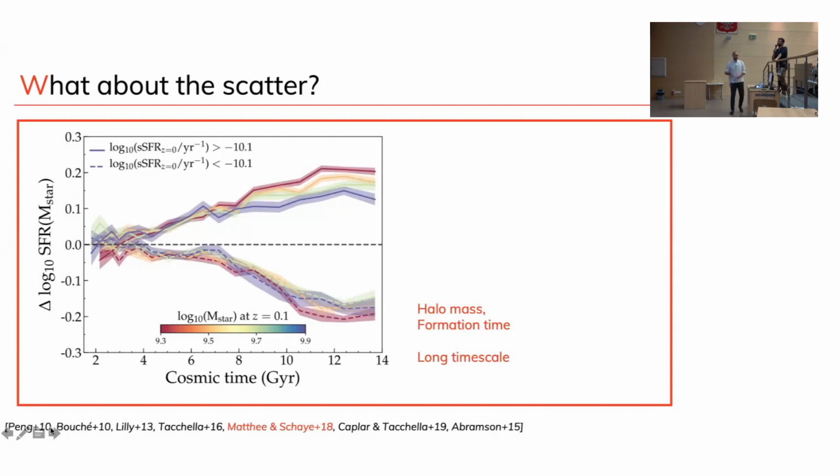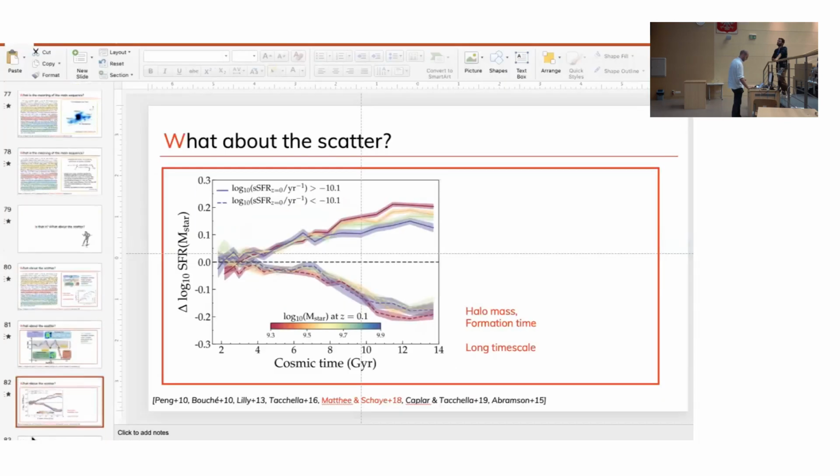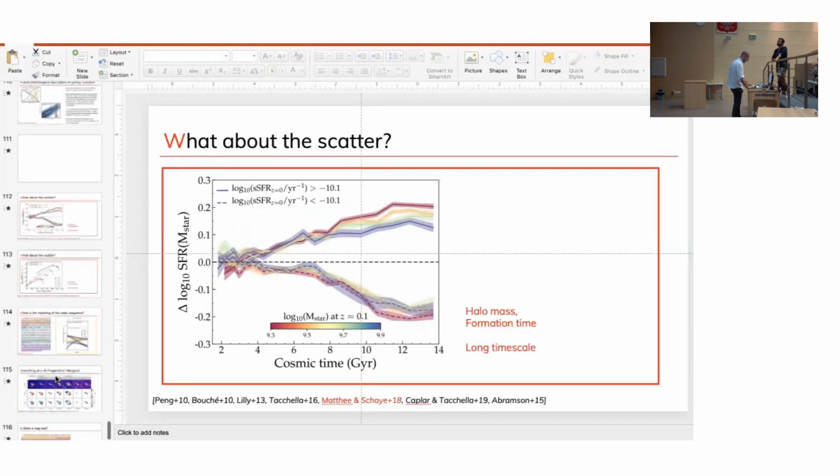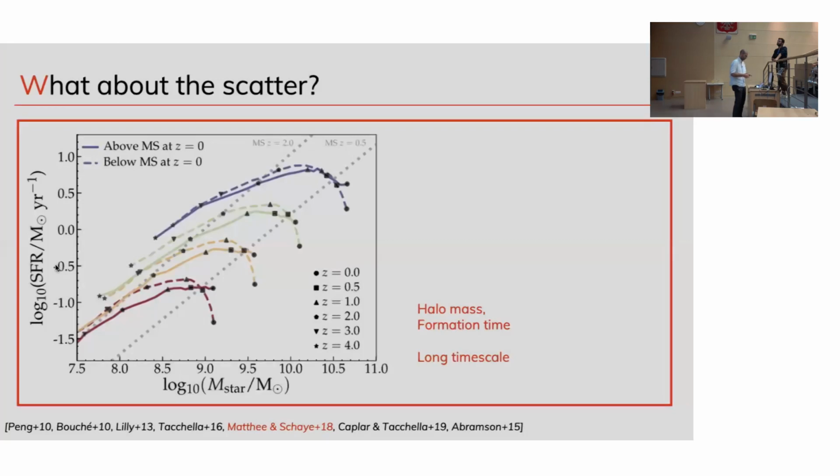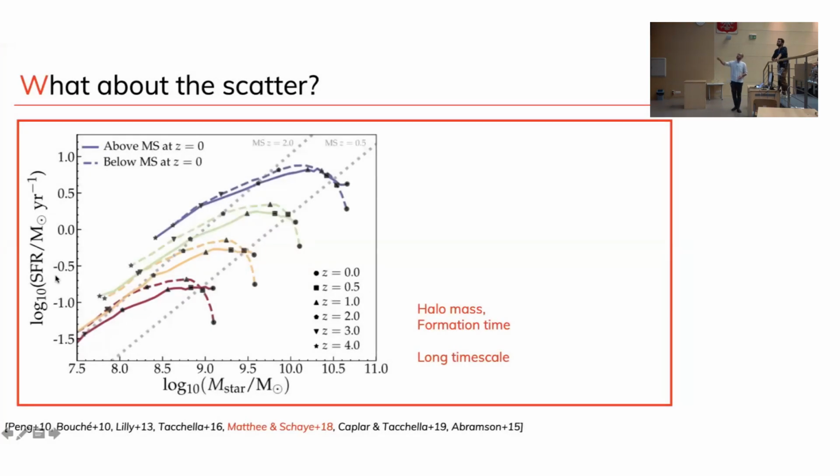Yes. And I think I have another way of seeing that, which I didn't put in, which is this one. So this is the main sequence itself. This is redshift. And you can see how the trajectories are actually intercepting the main sequence as a function of time. But it doesn't mean that they necessarily go along the main sequence through this short-time variability. It's actually that their growth is basically how they're seeded. So in the end, it's the halo mass and how it grows which determines their long-term evolution.